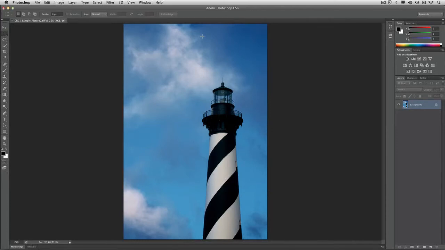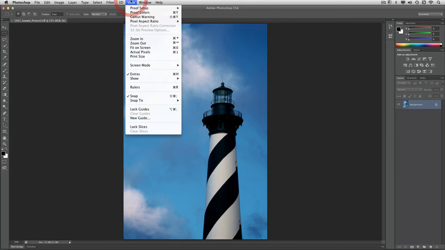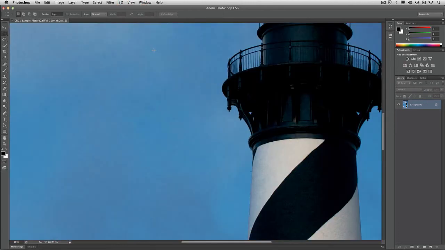I'd like to take a quick look at how pixels behave inside a digital image. First off, you'll notice that this image has a 25% magnification. If we choose the View menu, we could choose to see the actual pixels, and this will set the magnification